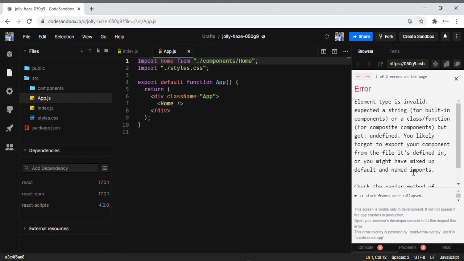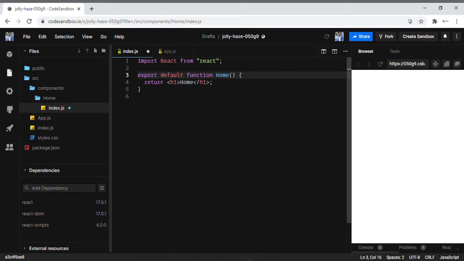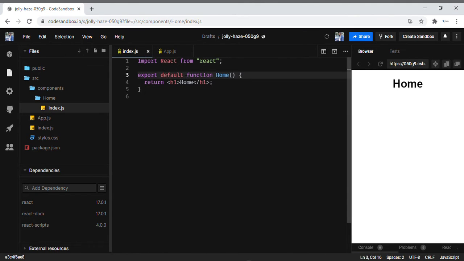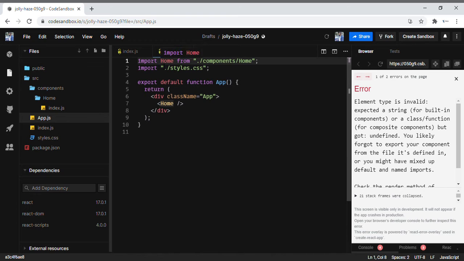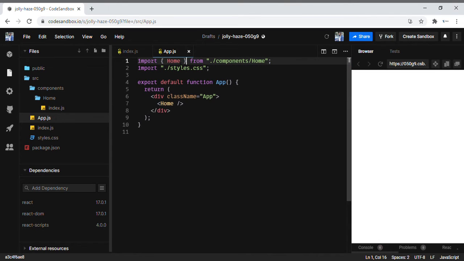So I'll tell you a simple thing here. If before the function you put the default keyword, then you can import your function straight away like this or however you want. But if I am not using any default keyword while exporting, then it is mandatory that you mention that exported thing in the object.